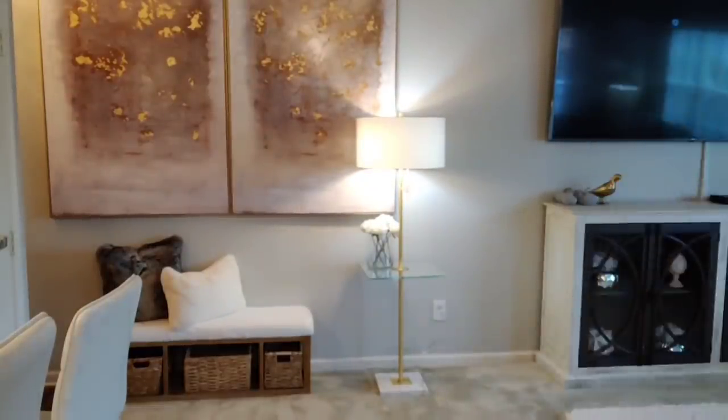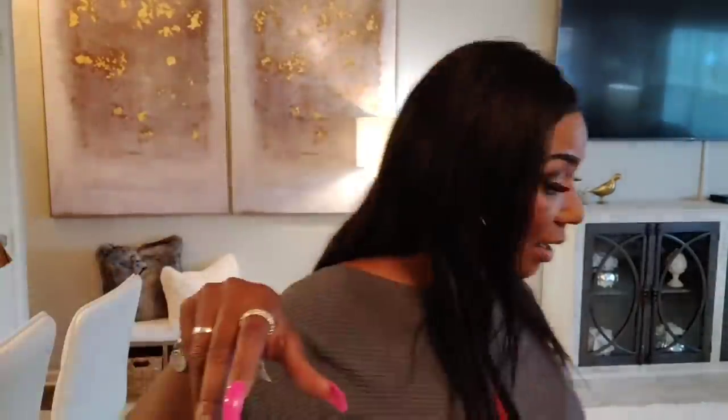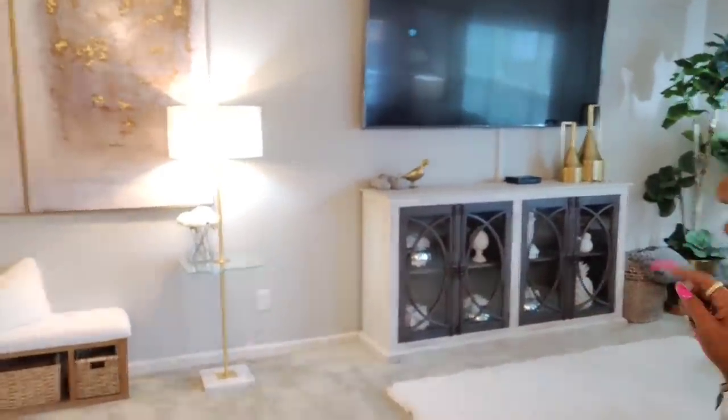Everything else is how I want it. Like, I'm good now. I'm good now. So, that's that. And that's just what it looks like per the TV. Now, I'm going to move that basket right here. I actually had it in...